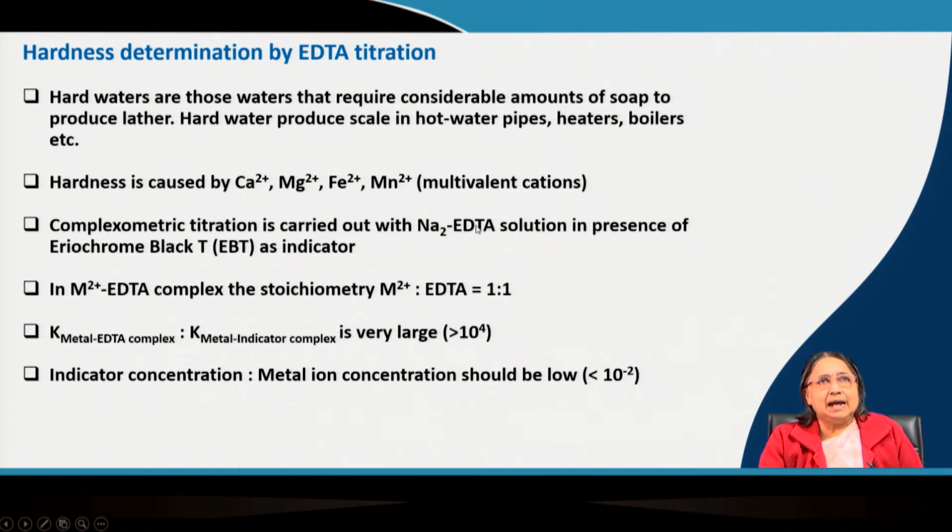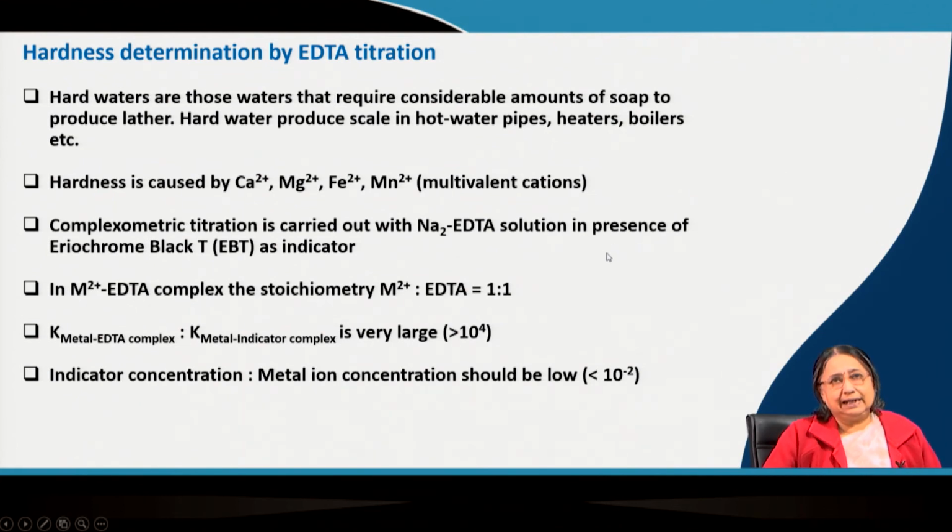Now, what is happening? We take the hard water in the conical flask, then we add EBT a few drops. The actual original color of EBT is blue, but because there is some calcium magnesium ions present in the water, and also we maintain the pH in alkaline range by ammonium hydroxide ammonium chloride buffer, that I already told you, in that buffers I have already explained in the acid base chapter. But here we use that buffer anyway. So, after that we start our titration with EDTA.